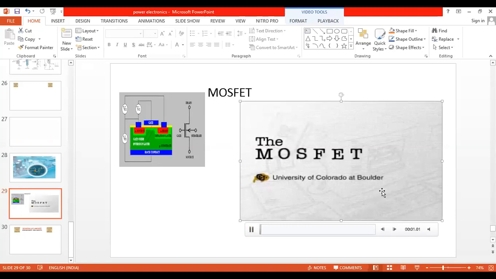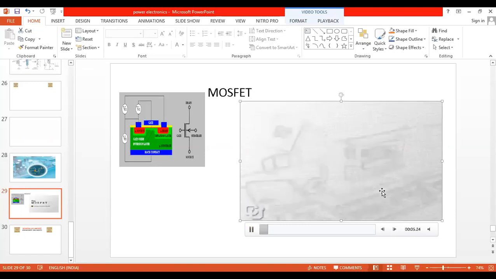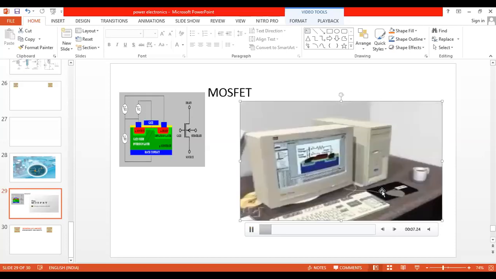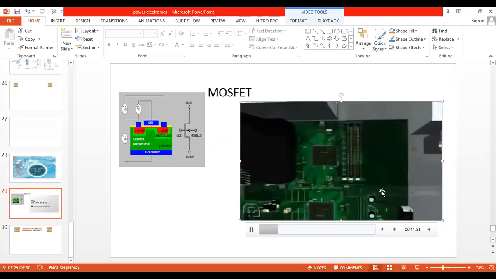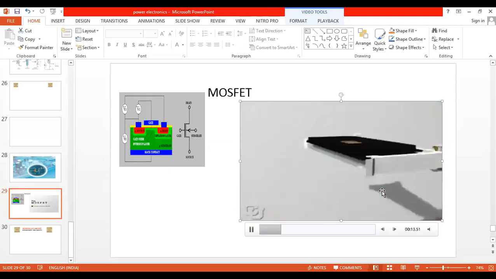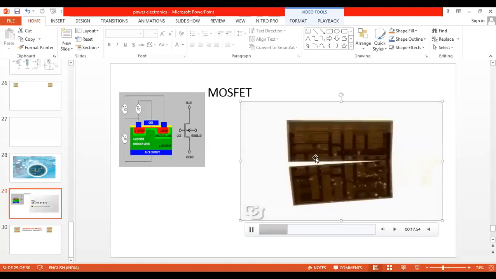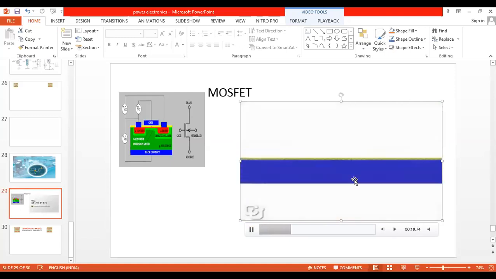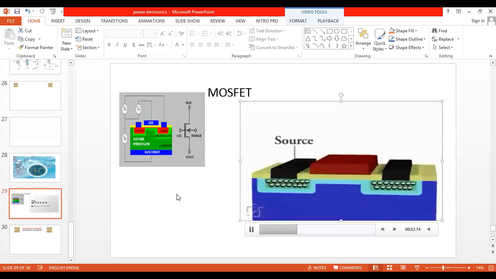Which transistor is used in all the computers, in all the smartphones? Okay, smartphone, you can see this animation here. It is MOSFET, not BJT, metal oxide. It is a unipolar transistor, with single charge carriers. Inside that motherboard, you have billions of transistors. Which transistors are placed? It is nothing but the metal oxide field effect semiconductor transistor.